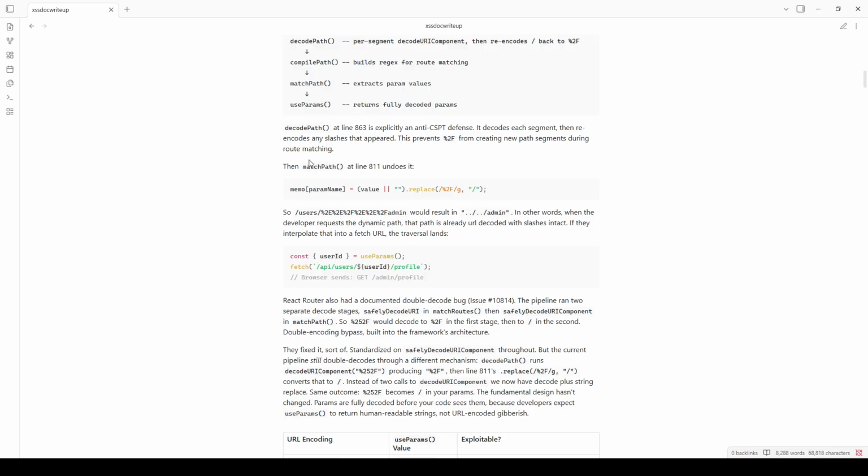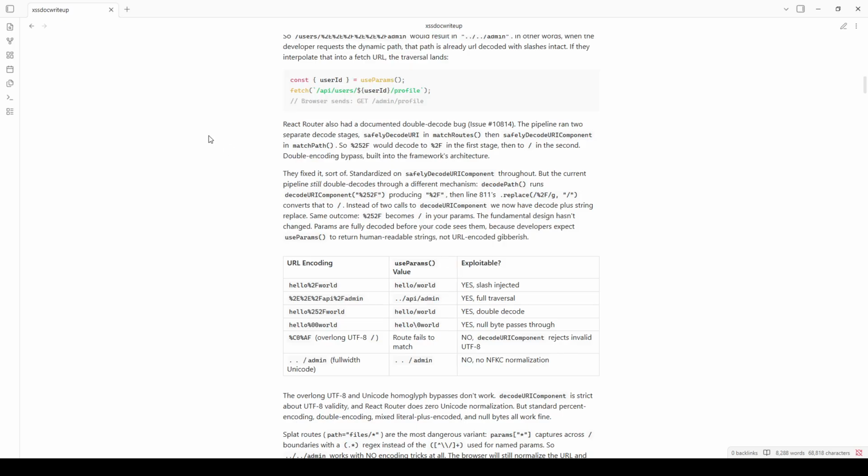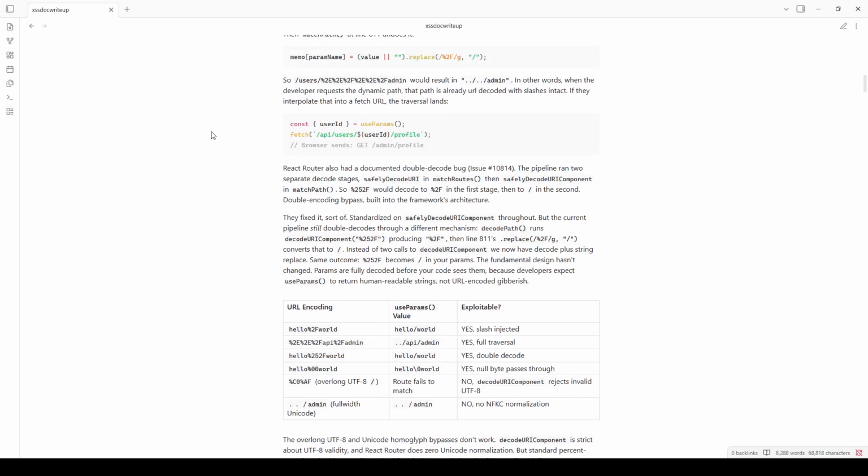So /users/ some encoded traversals would result in ../admin. In other words, when the developer requests the dynamic path, the path is already URL decoded with slashes intact. If they interpolate that into a fetch URL, the traversal lands, GG, and we get CSPT. Yippee. React Router also had a documented double decode bug